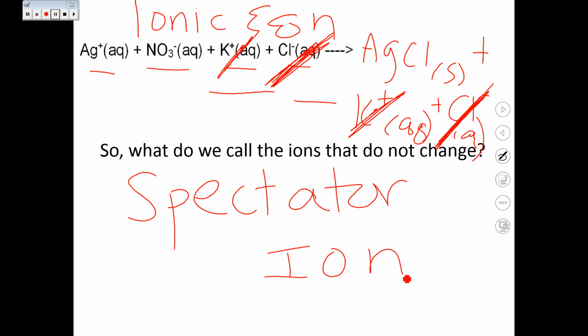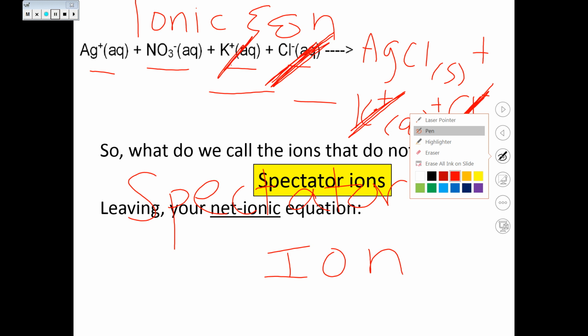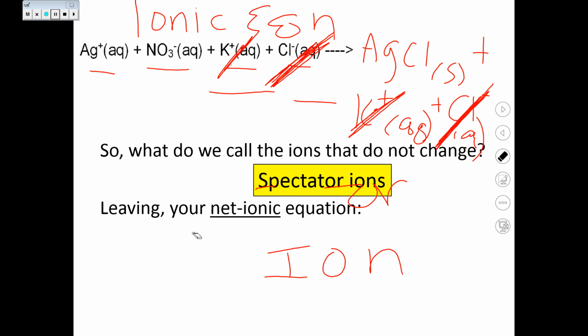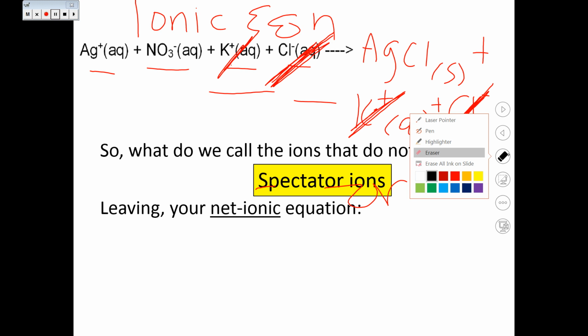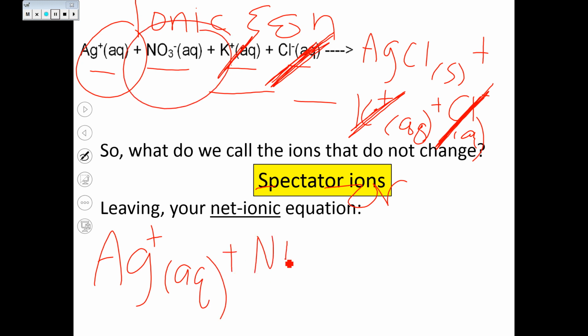They start off as ions, they end as ions. They don't really have a particular role that they play. So when we write an ionic equation, we exclude the spectator ions. So whatever is left is what our final answer will be. So down here, let me go ahead and write, I have the Ag+ ion, which is an important player, the NO3 ion, which is,